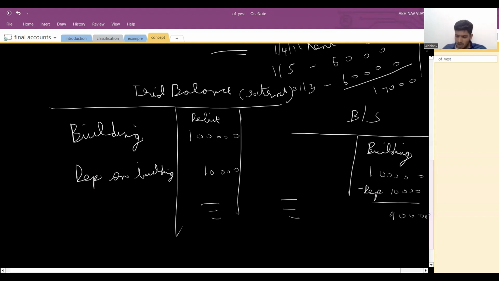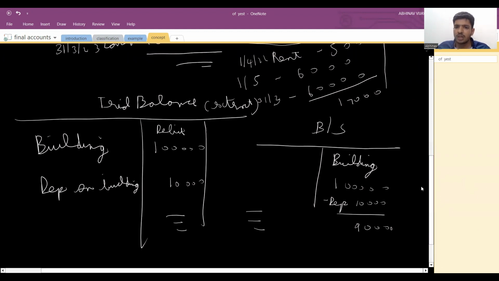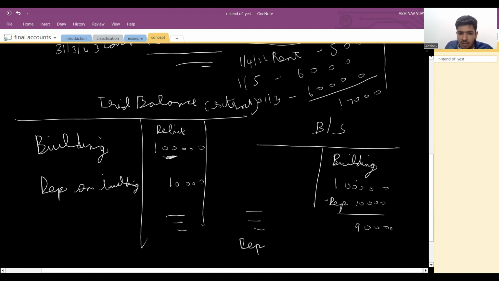Now, the reason I gave this example is to show you where people usually make mistakes in final accounts. This transaction, this concept that I showed here is completely wrong. Because, as I told you previously, this building figure is at the end of the year. That is, the depreciation on building would have already been taken into account while getting the closing balance of this building. During the year, this entry of depreciation account debited to building account